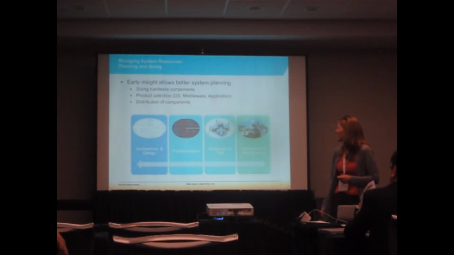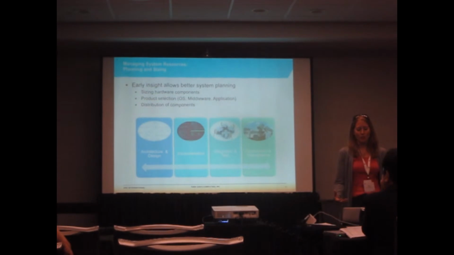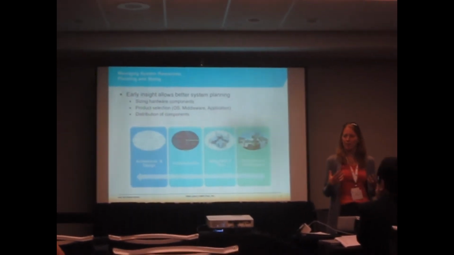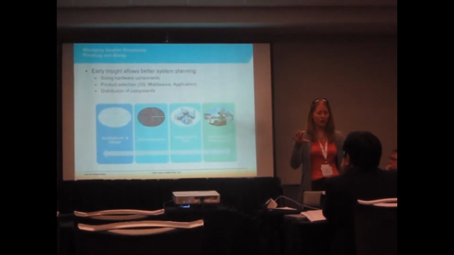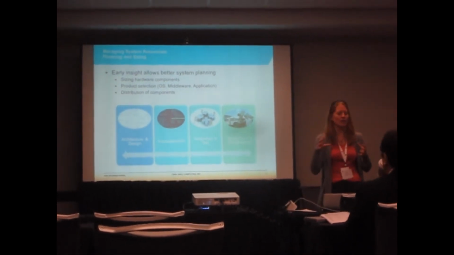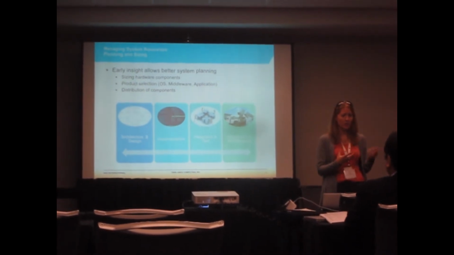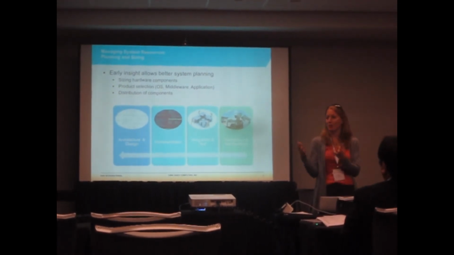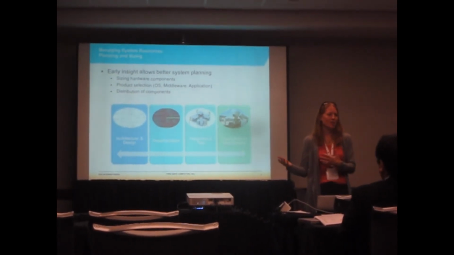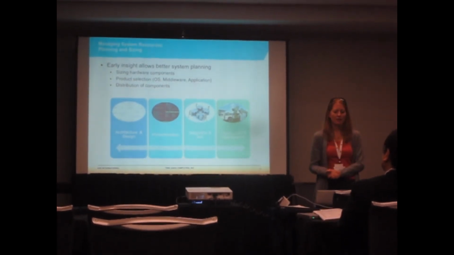All right, so this is kind of obvious: early insight allows for better system planning. It's also kind of a challenge too, right? In order to do this, you need to have the tools available to be able to plan, to be able to estimate. You're going to put the system together, and I need to be able to estimate, if I have this architecture with these kinds of publishers and these kinds of data, how much memory should I expect that to take up, and how much CPU can I expect that to take up. So you need the tools to be able to plan, and then you need the tools to be able to measure as you're running and implementing, to see if you're staying within your expected design, and to be able to make